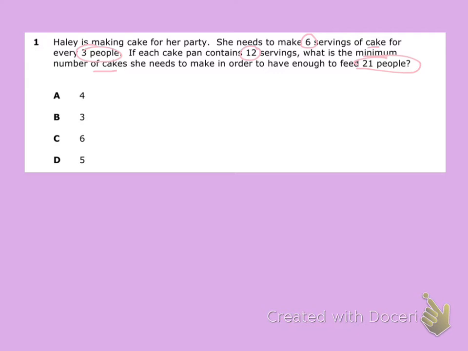So she needs to make 6 servings of cake for every 3 people. If each cake pan contains 12 servings, what is the minimum number of cakes she needs to make in order to have enough to feed 21 people? So first off, we need to know how many servings we need for 21 people. So if it's servings over people,